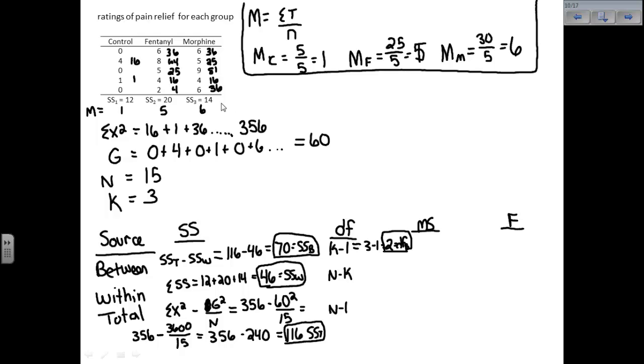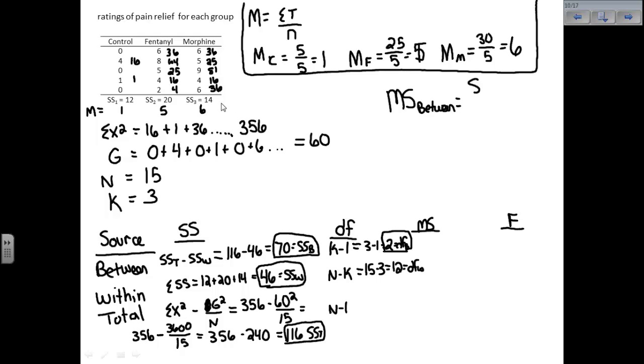N minus K, well, we found N to be 15. We've got 3 groups. 15 minus 3 is 12. That's our degrees of freedom within. And then moving on to mean squared. So for mean squared, I'm going to go ahead and do those calculations out here because I'm running out of room. So the mean squares between